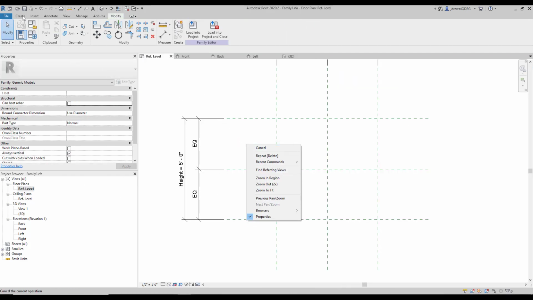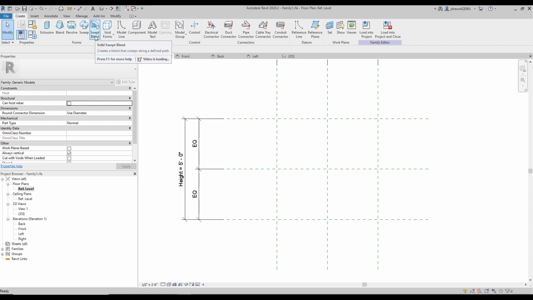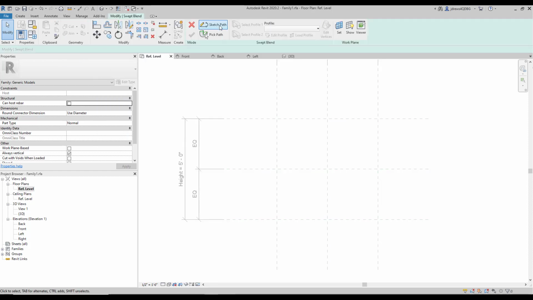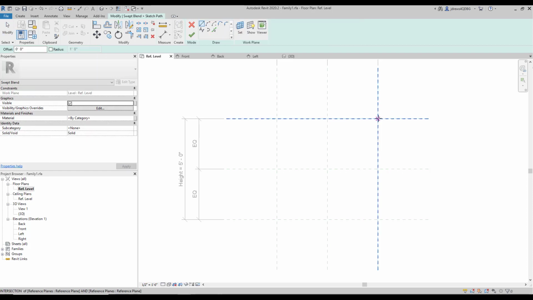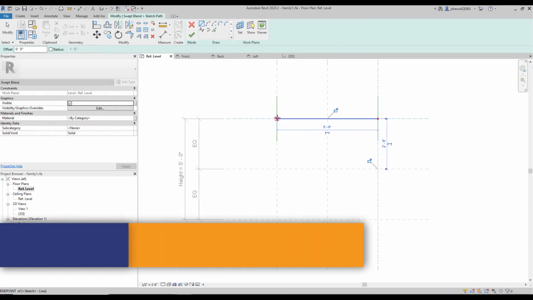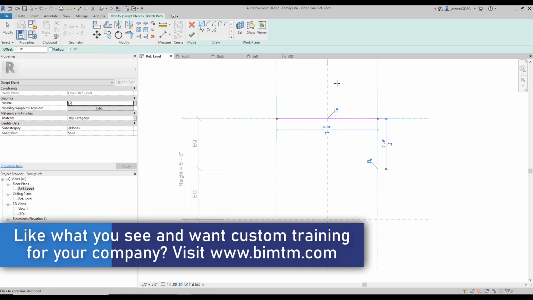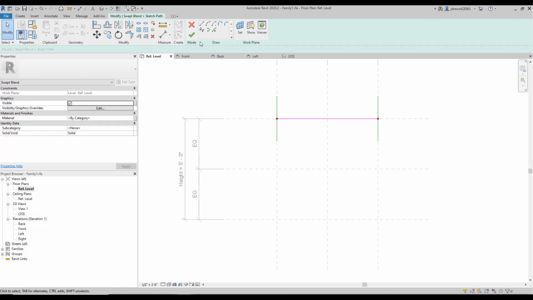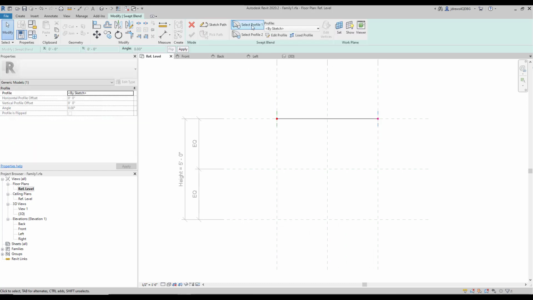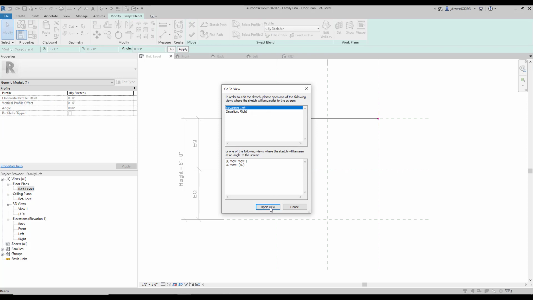We're going to do one more. So we're going to do our swept blend here, which is pretty much a combination of the sweep that we did here and the blend that we did originally. Alright, this time I'm going to draw just a straight line in here, and as you can see, it's drawing two different profiles in, or two different reference planes for us to draw profiles in. So I'm going to finish this. I'm going to select profile 1, and I'm going to edit profile. I'm going to go to the left,